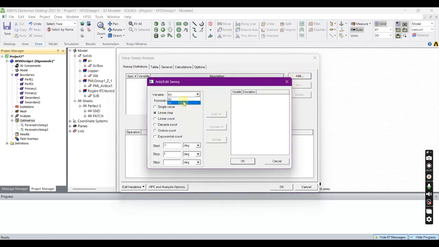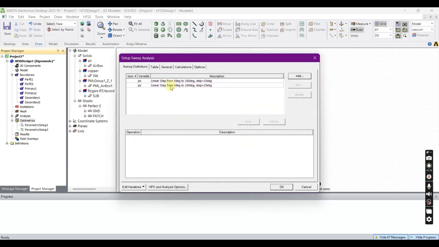Here we will set Px from 0 to 180 degrees in steps of 15, and similarly Py will also go from 0 to 180 degrees in steps of 15. We will add both values, and